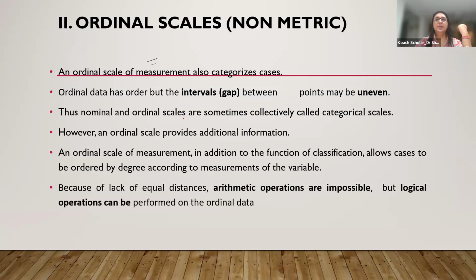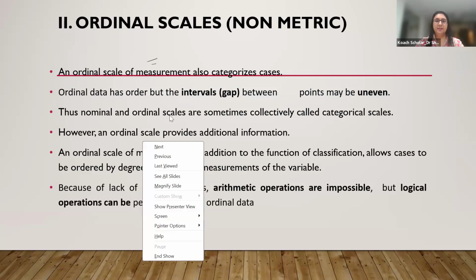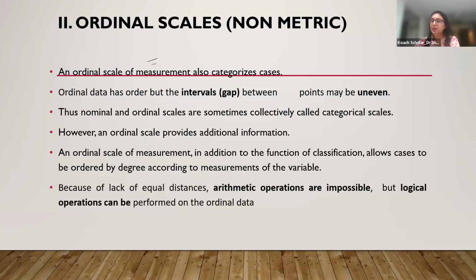Next is ordinal scale. Now, what is an ordinal scale? Ordinal scale of measurement also categorizes cases. Now, for example, ऑर्डिनल से आप याद रखो ऑर्डर, जब भी आप मेजर कर रहे हो कोई चीज को तो हम इस तरीके से मेजर कर रहे हैं कि देयर इज एन ऑर्डर।